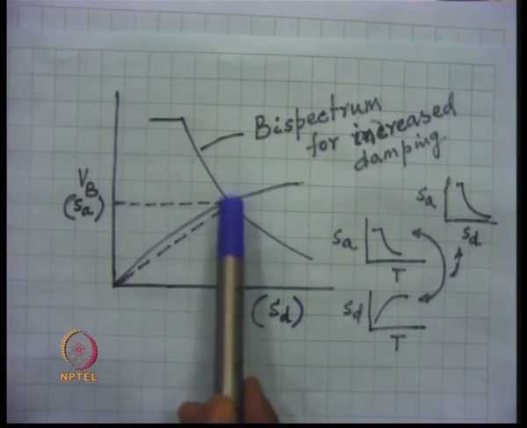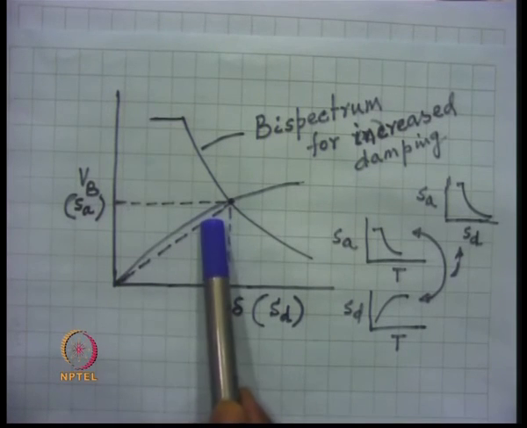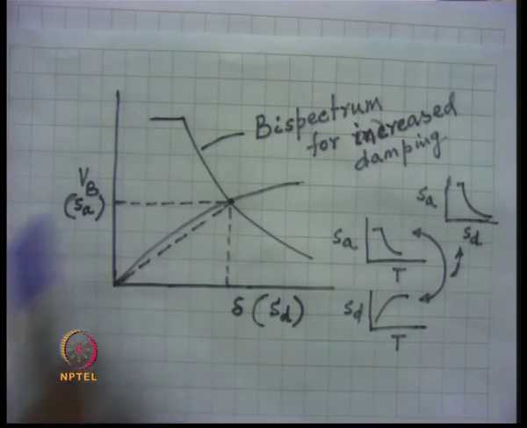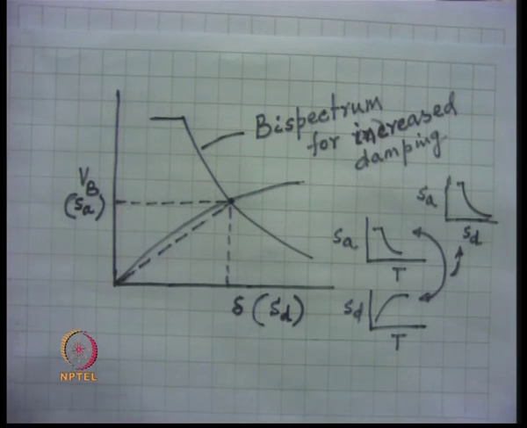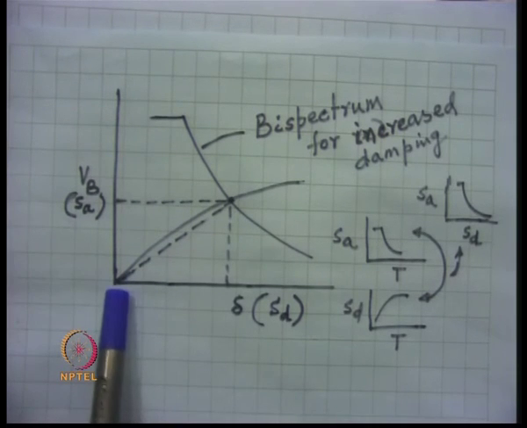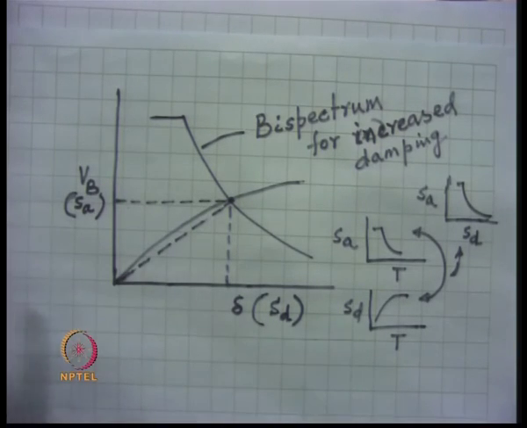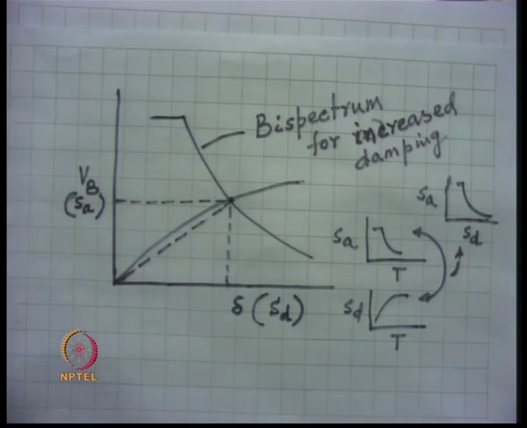Once we get a particular performance point, one can find out a revised value of the equivalent stiffness, and the equivalent damping can be obtained from the hysteresis loop, giving this maximum value of displacement, and get a revised value of equivalent stiffness and damping, and find out another bispectrum curve. That way we can go on doing this iteration till we find that the performance point achieved in two successive iterations is the same,